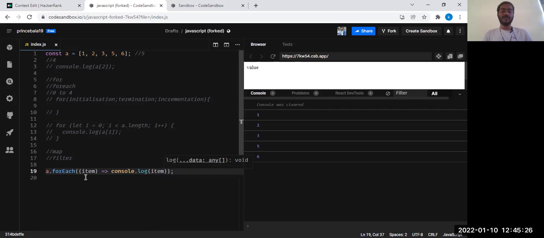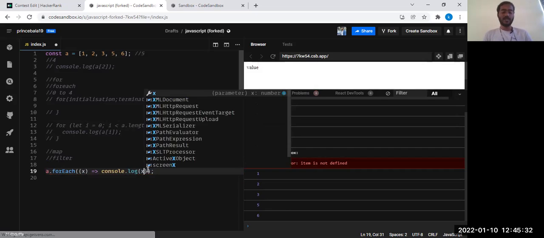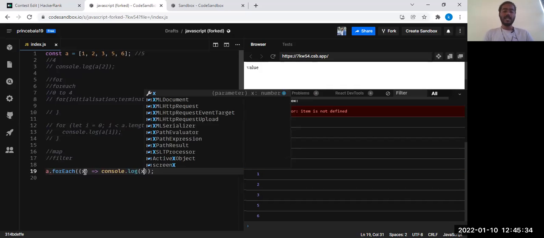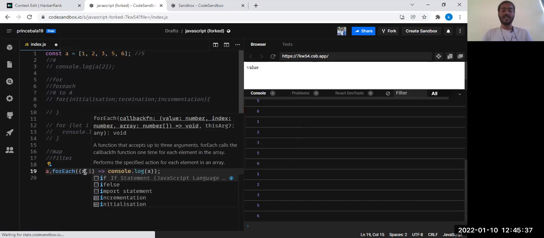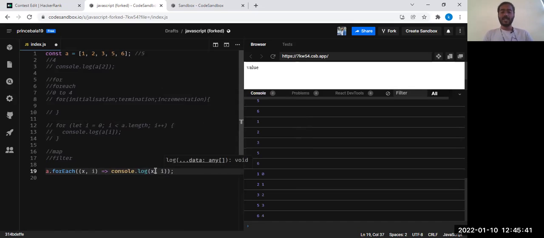So there is a syntax for this. Here you can give any name, like the first position takes the value. Actually, you can give any name and you can print it. And the second position will take the index. Index is nothing but the i value. So if you see, let me give comma i. So can you see it also prints the index 0, 1, 2, 3, 4. If you wanted to do any manipulation in the array with help of this index, you can make use of this index as well.